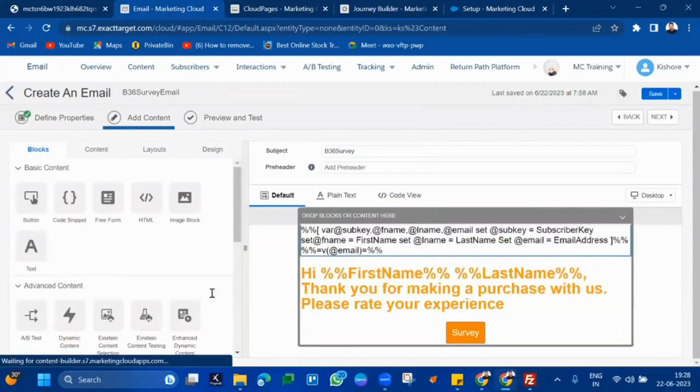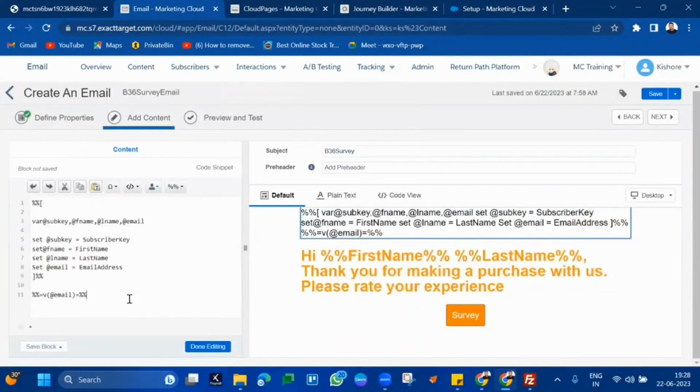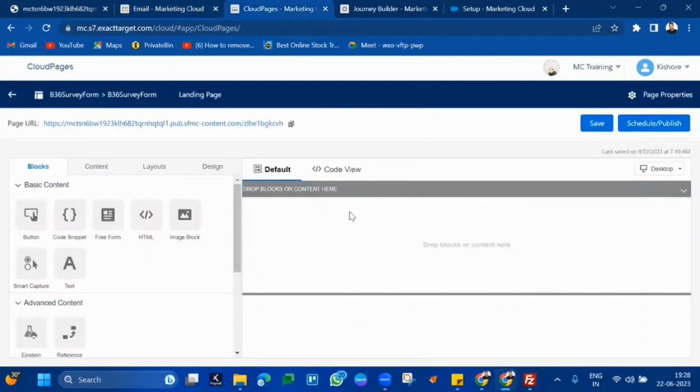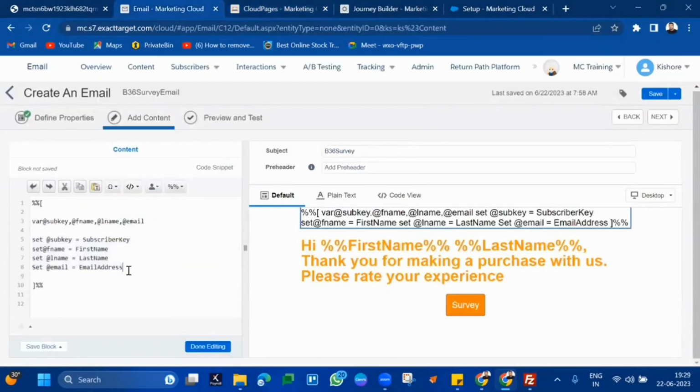So now guys, what we have done, we have created all these variables and stored the values from the data extension. Now these values you have to pass to this cloud page. And specifically you have to pass these values to the cloud page URL, so that whenever the cloud page is opened with additional values passed, these values can be displayed on the cloud page. For that, you have a function called,